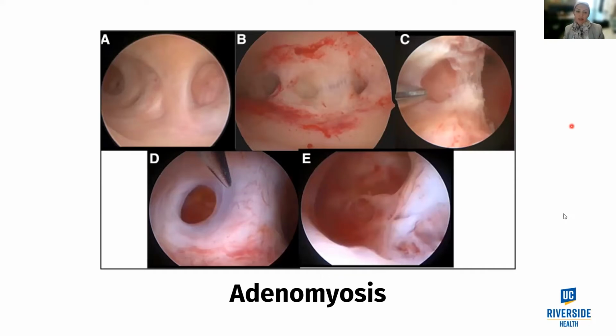And some women may be able to conceive naturally, and others may need help with assisted reproductive techniques like IVF. I showed this picture here just to show a different approach. You've seen a lot of laparoscopy pictures from the outside. This is the inside of the uterus. So the inside of the uterus sometimes has scar tissue. Picture C is showing a band of adhesion. Picture B, you see a lot of red spots.